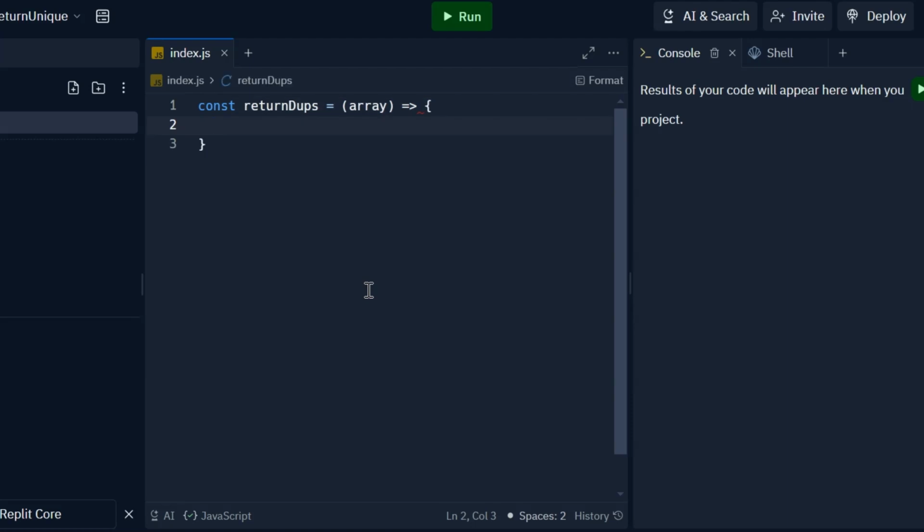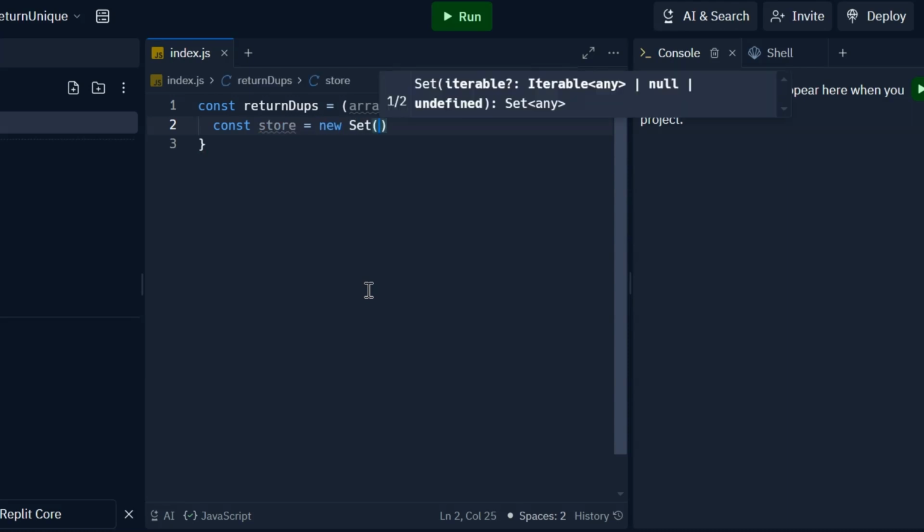And what we want to do here is first define our storage. The storage is where we check: have we seen this number before? I'm going to call it store. And for our store, we're going to use the Set data structure. The basic functionality of a set is that it stores unique